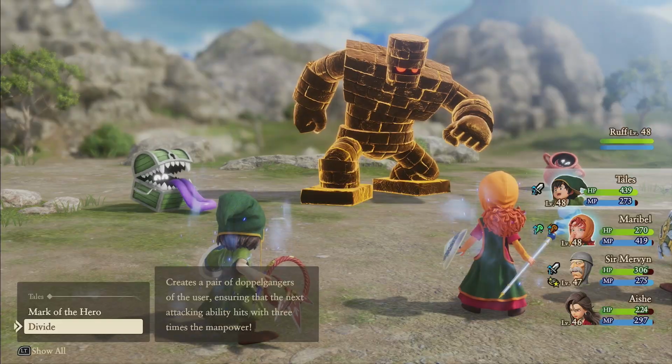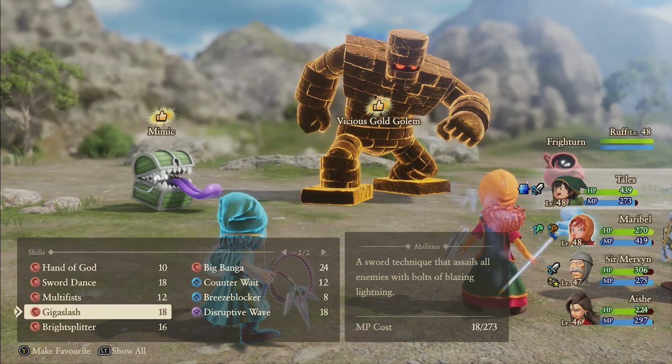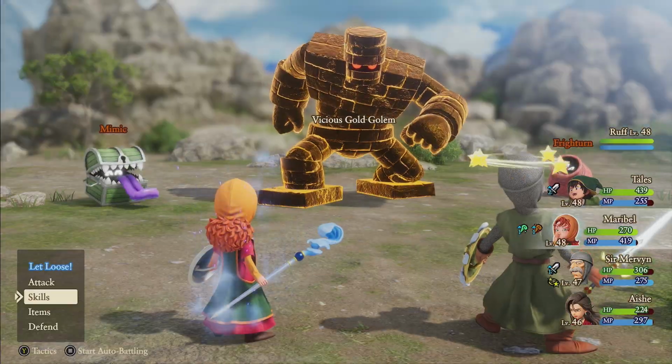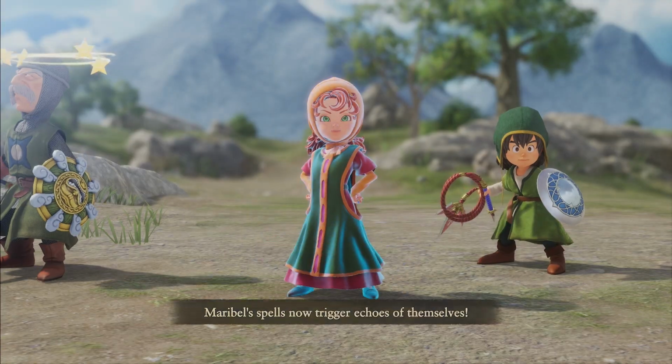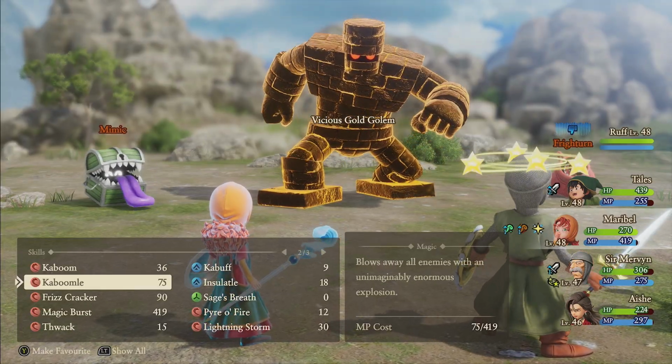Oh, Tails. You shouldn't have. Let's divide. We might not even have to double cast Kaboomal. Triple Giga Slash. Not enough. Wow. Well, we're going to Chukas Pocus now because we can almost get rid of both the other enemies. So I know it's not perfect, but let's just...